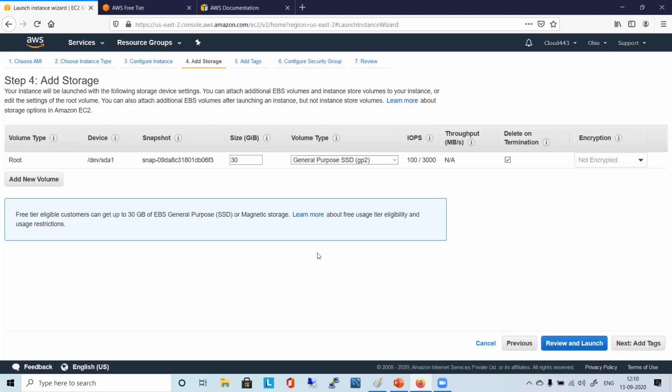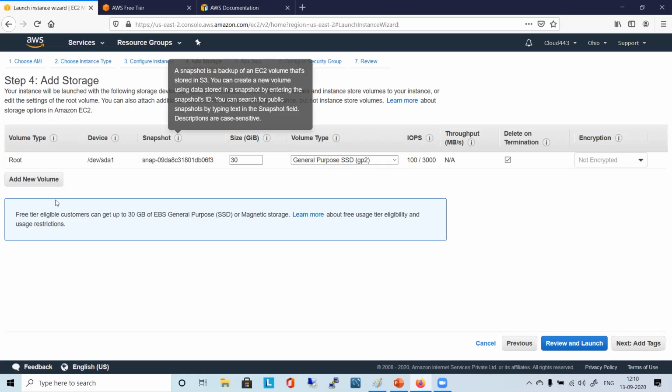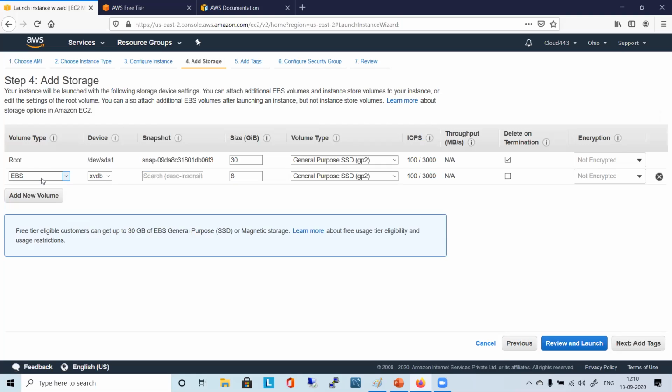You see here on the 4th step, it says your instance will be launched with the following storage device settings. You can attach additional EBS volumes. This is a kind of block volume which will be attached to your instance. If you click on this volume, here you have EBS, and you can choose the type.